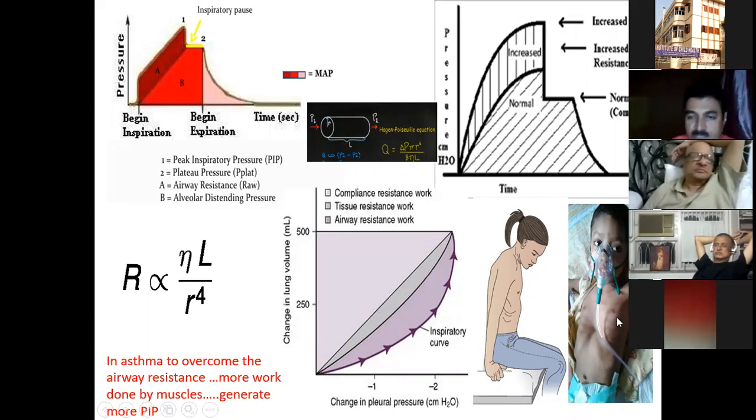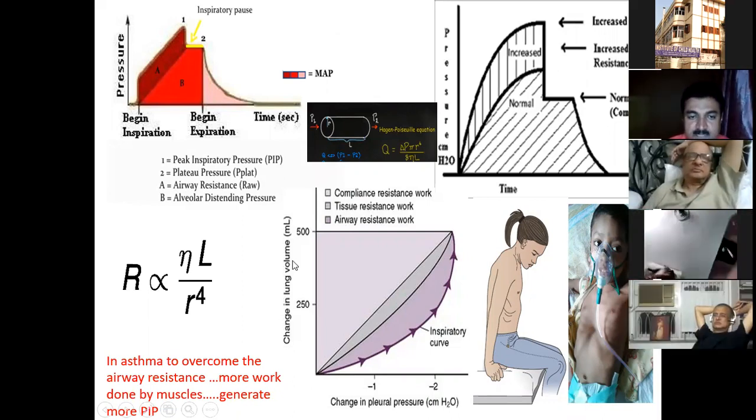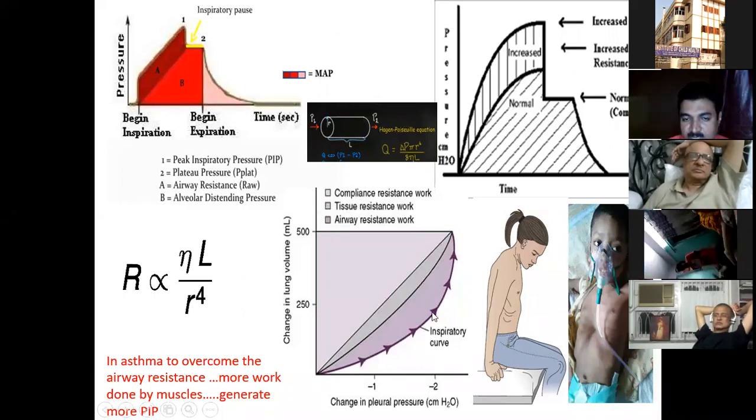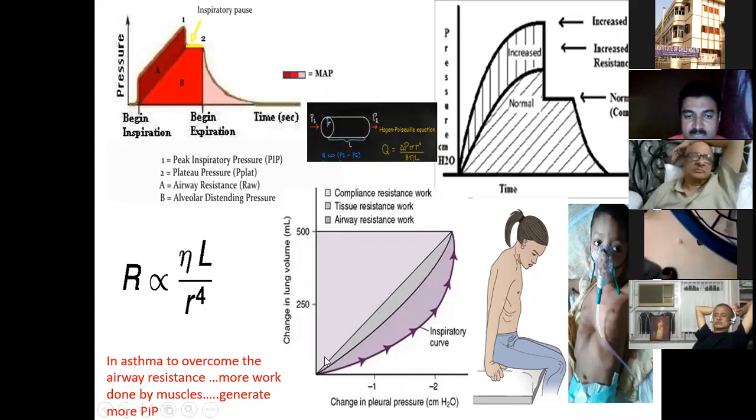to make a compensation. So if you concentrate on pressure versus volume change, here we call it the compliance curve. The inspiratory curve is more concave. So the body will generate more PIP gradually up, and it ends here. But because expiration is passive, the work done will not be that much. So the expiratory loop will not be that concave.